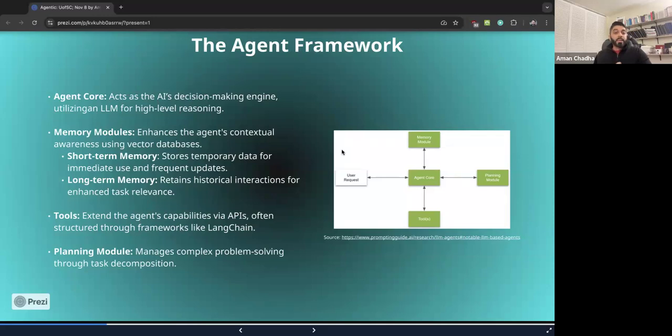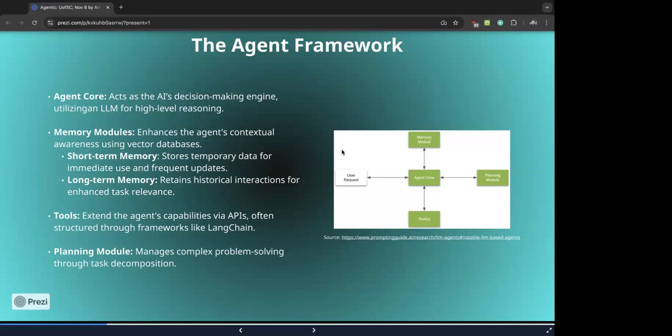And lastly, the planning module. This is particularly important as well because as you go from a complex problem statement, one that involves multiple different pieces, how do you decompose that problem statement into steps, right? Into substeps that will help you achieve the end goal, the end problem statement that you're looking to solve, right? So that planning aspect or the decomposition aspect is pretty important as well. So these are the four different components of.